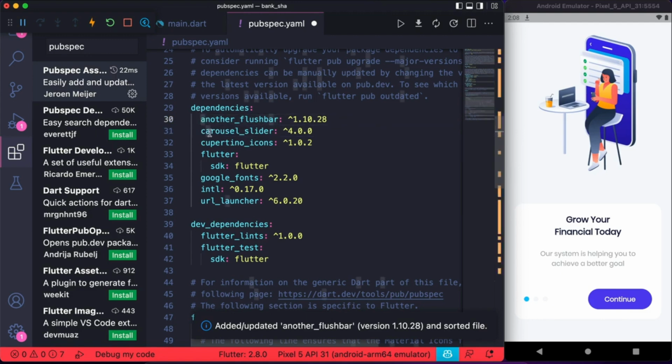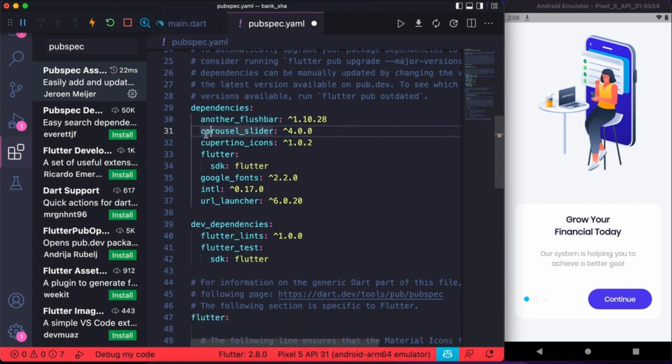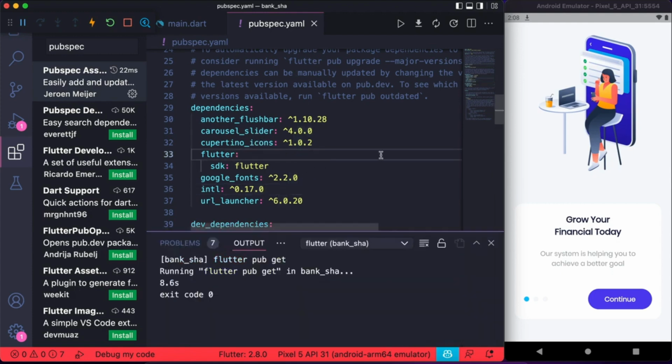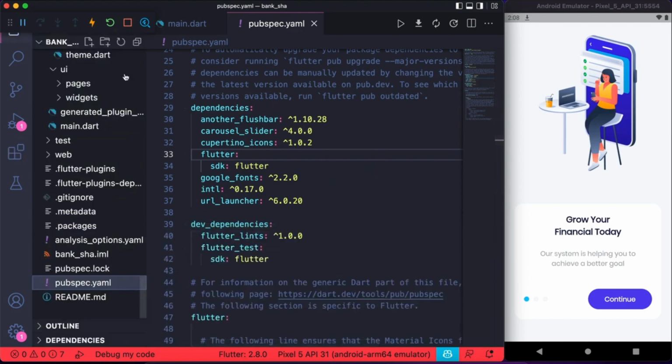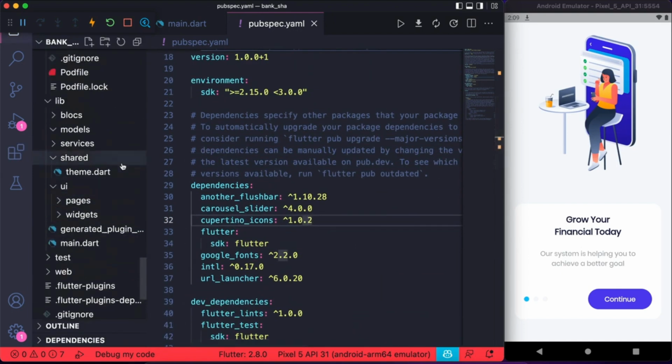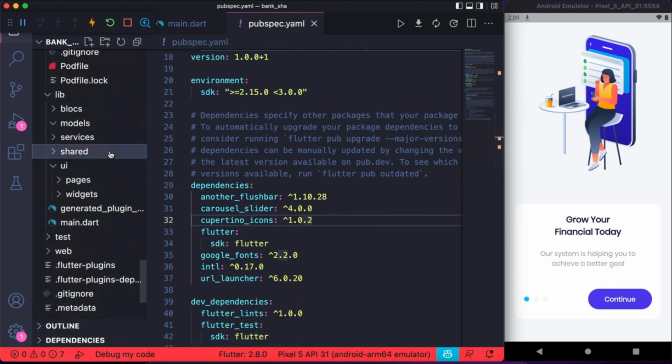You can use Command Shift P, or Ctrl Shift P if you use Windows. Then type Pubspec Assist and choose the dependencies option. Then just enter the name of the package, for example another_flushbar.